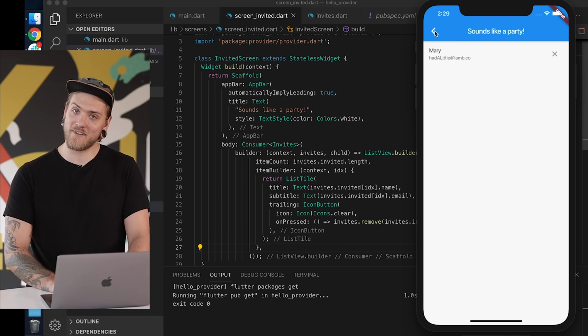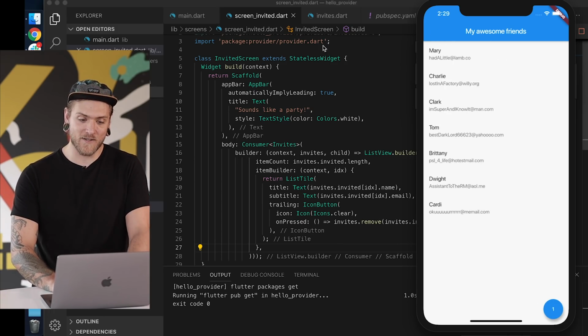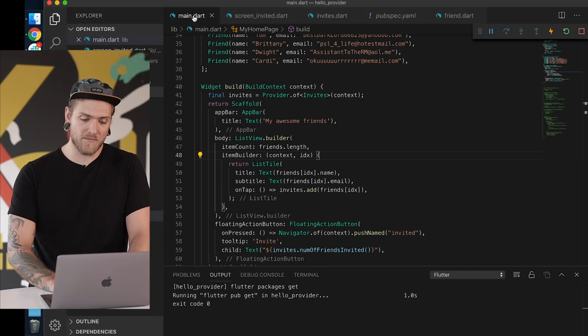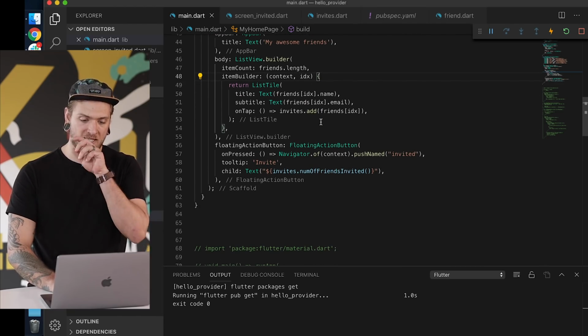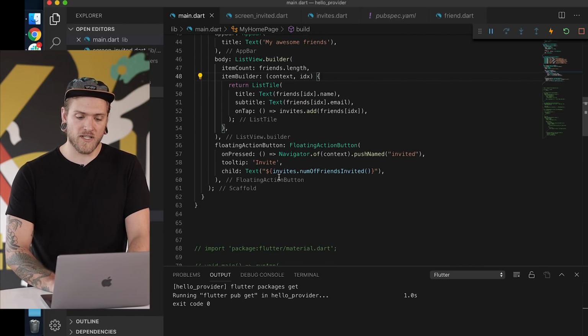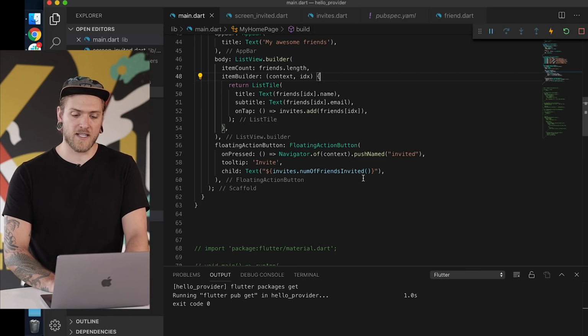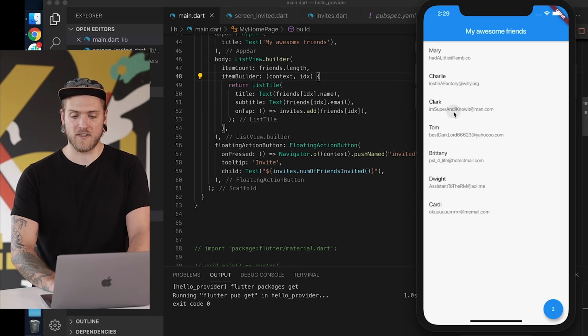Whoa, we have another person on that list. And over here, we wanted to see maybe the total number. Since we can update in both places, we're just going to call invites number of friends invited, and that'll just return the length of that, just giving us how many people have been invited. So that may seem really